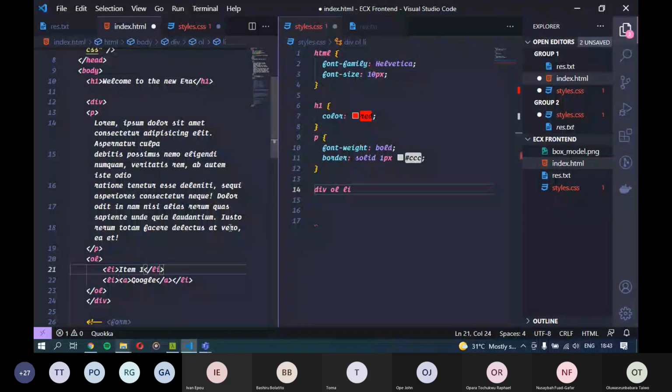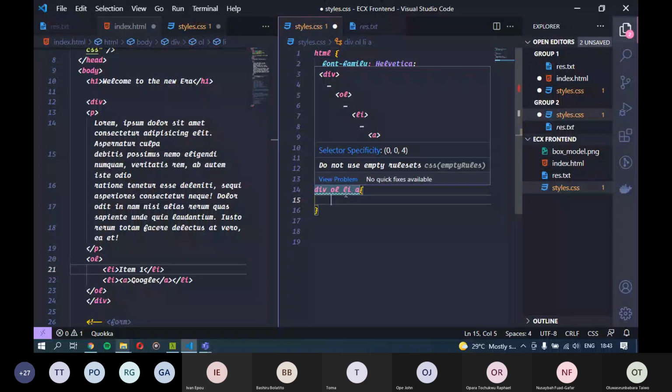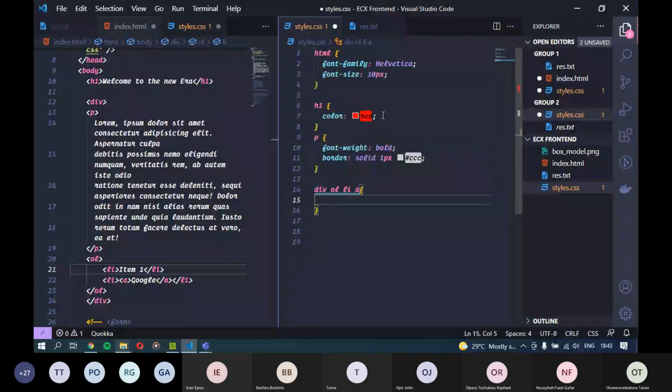So we'll just have space A, and now here, if you hover over this and look at what the IDE brings out, you can see that it's basically telling us the structure of the selector that we have used. So we have div ol li a. So looking at this, we seem to have gotten the right element. So let me just apply the styling on it. So I give it a color. Actually, let me not use red so that it doesn't affect the header.